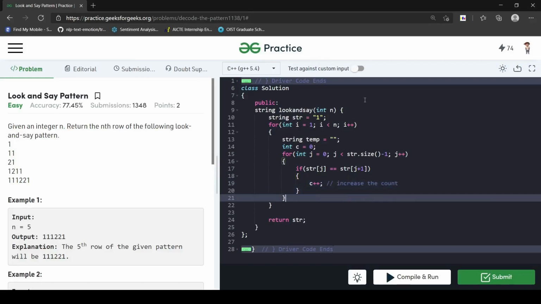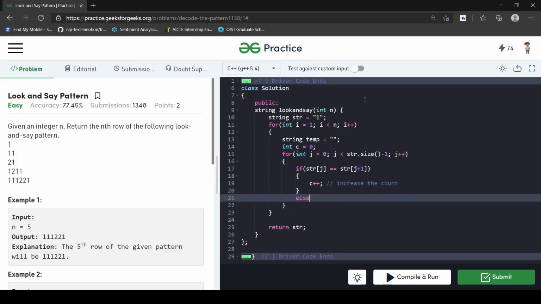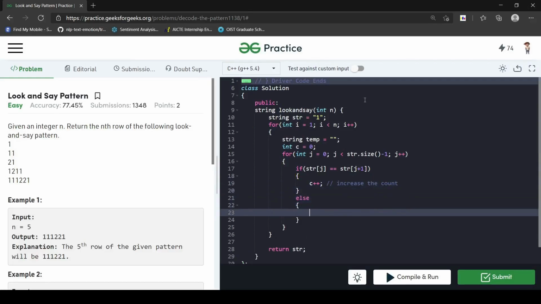And as soon as the consecutivity is over, we update the temp value. What this is basically doing is updating temp with the count value.